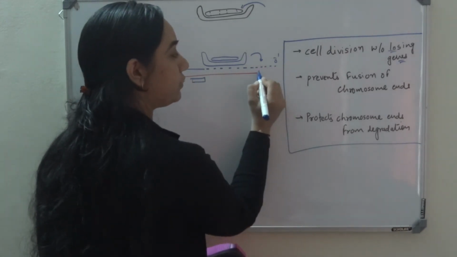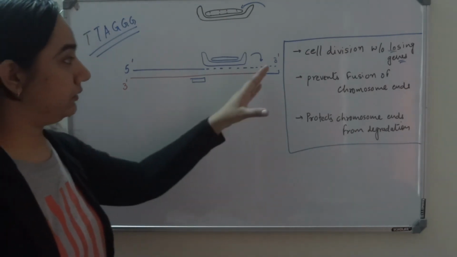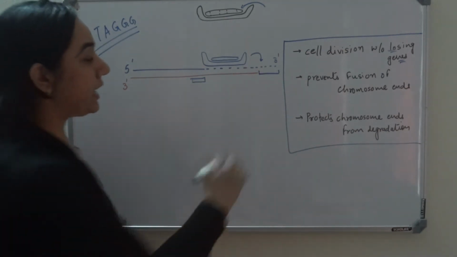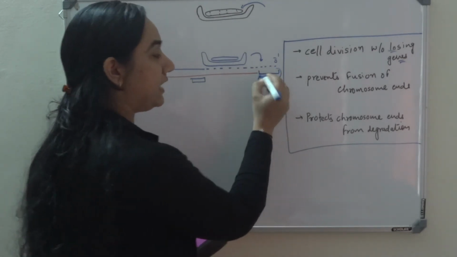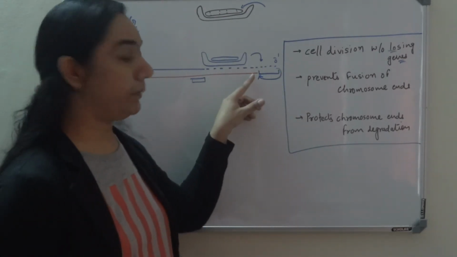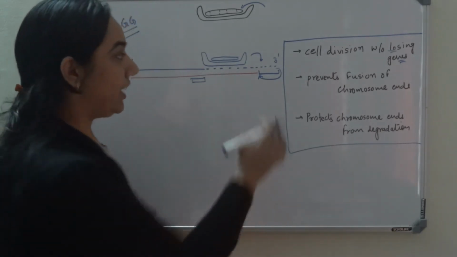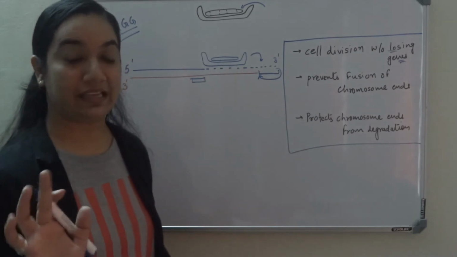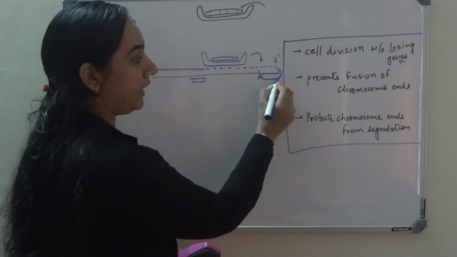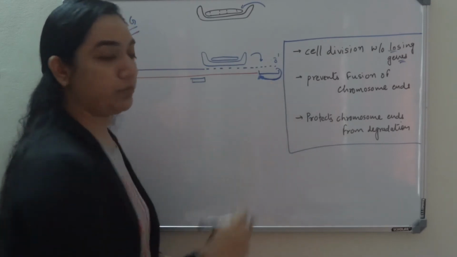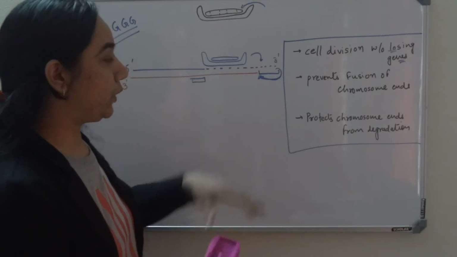There is a single strand overhang over here. What this telomere single strand does is, it will fold itself back and tuck itself in the complementary double strand and make a loop kind of a structure. It will not stay as a single strand. The telomere will fold itself back and tuck itself in the complementary sequence and form a loop. And because of that, what will happen is,